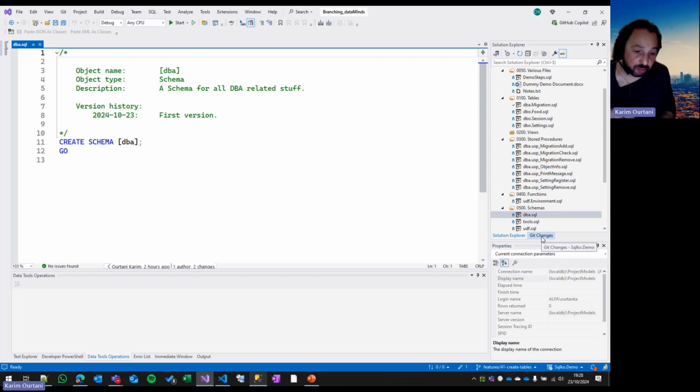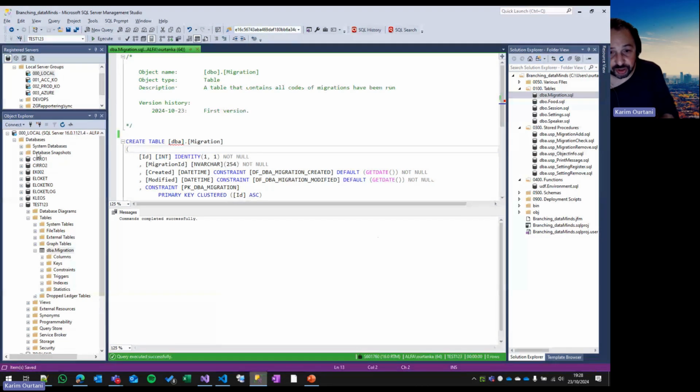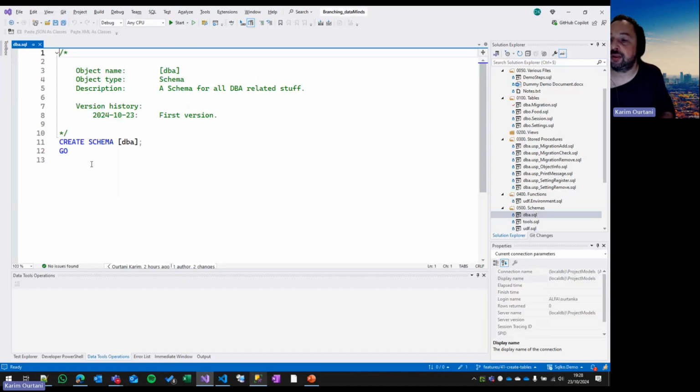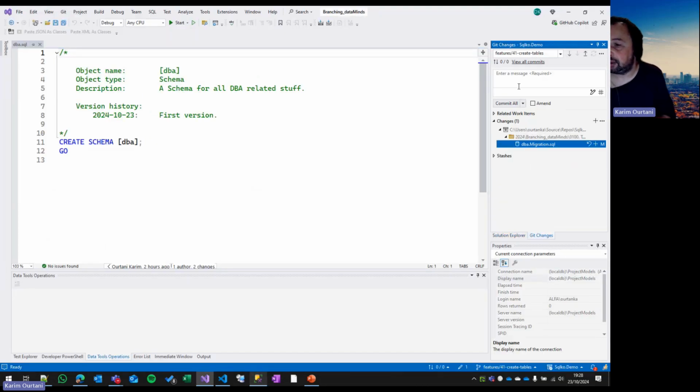But again, Ramon, coming back to your question, I have actually, for all intents and purposes, I've also installed the Azure agent on this machine where I'm doing the presentation. And then I've actually created a pipeline that actually will deploy this project to a database called DataMines on this machine. Let's go back to Management Studio, refresh. That database isn't there yet. So let's just say, right,